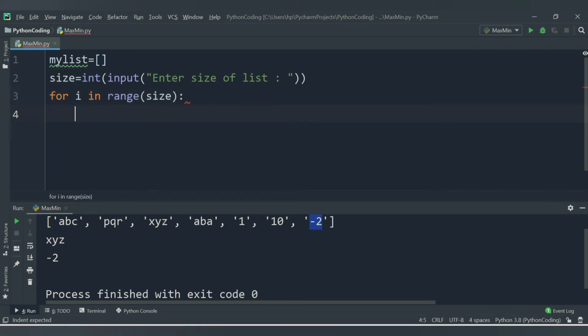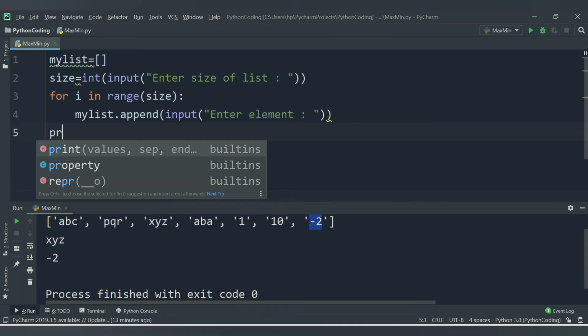So we will pass here size, and inside this we need to append the element in the list. We already have an empty list, my_list.append, and what we need to append in this, we need to pass a message here, input, and here we will say "enter element". So every time in this iteration we will get this message, enter element, and we will enter the elements till whatever size is mentioned. So in this way we will get our list, and then we will print